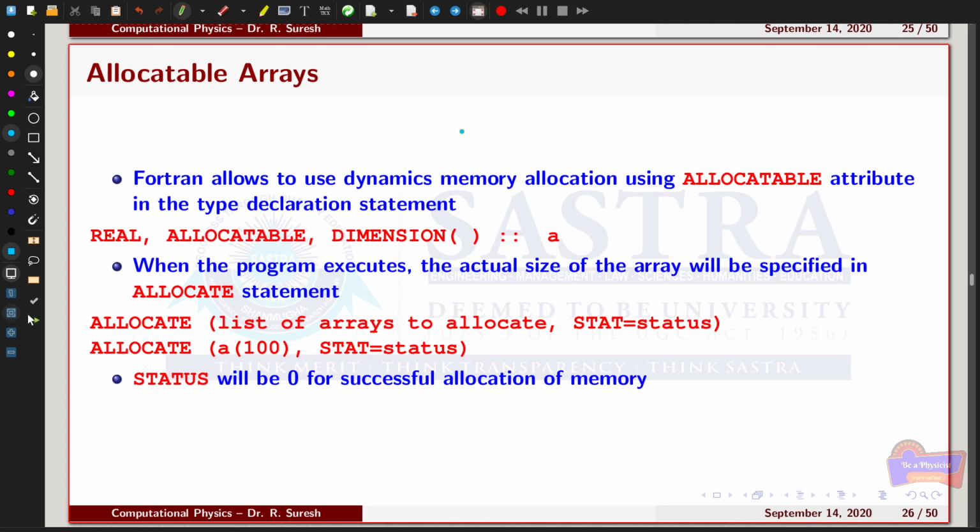So in order to avoid this kind of situation, one can also allocate the array size while compiling the program. That means the user can give the value of the size of the array, and then using this array size you can do the different operations. That is called allocatable arrays. This can be done by just using the attribute called allocatable, and you can allocate the specified number of array elements using the command allocate. The type of declaration which we have used so far is called static memory allocation.